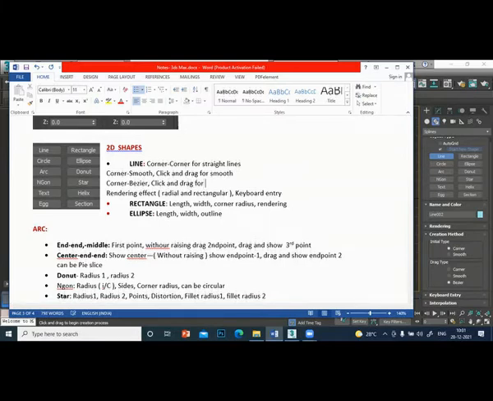Or smooth with two handles. So the curve is not smooth. There are two handles there. I'll show you later when we edit it, we'll understand that. Only understand like this: corner, smooth, corner Bezier.